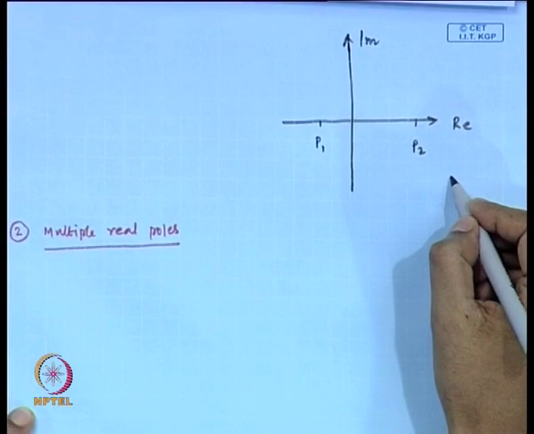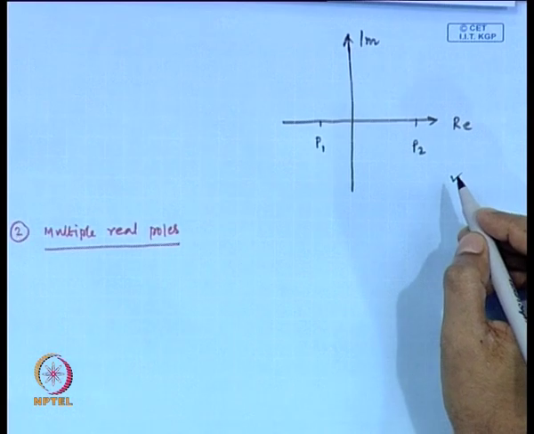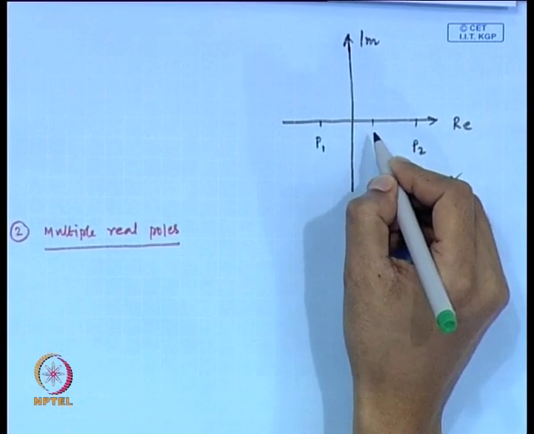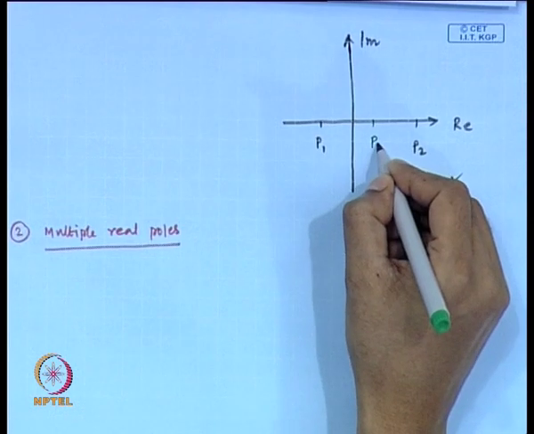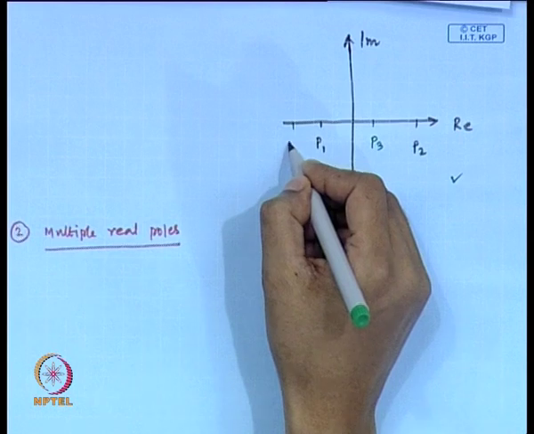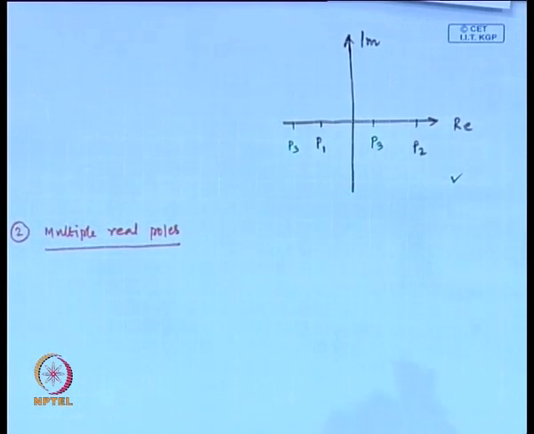We will consider multiple poles represented by P3. First you will locate that P3 in this complex plane. Suppose one P3 is here, another P3 is here. Like this way P3 is repeated m times,